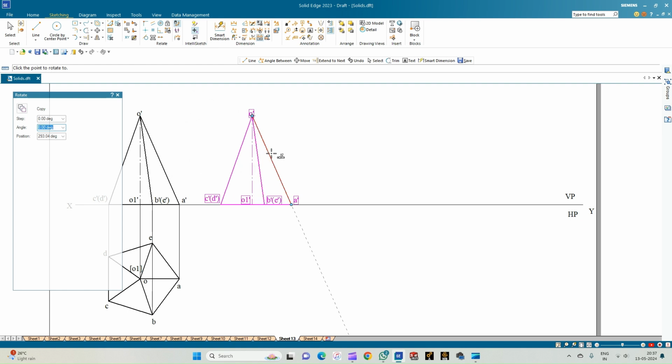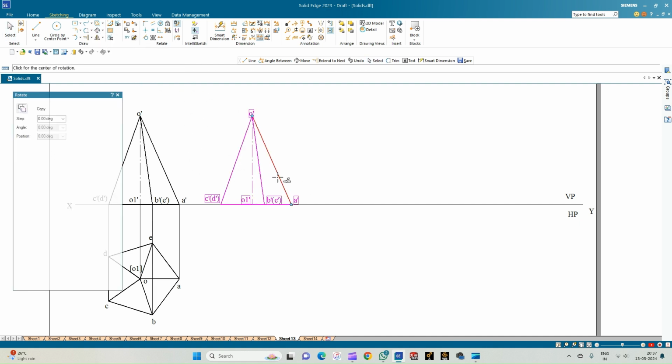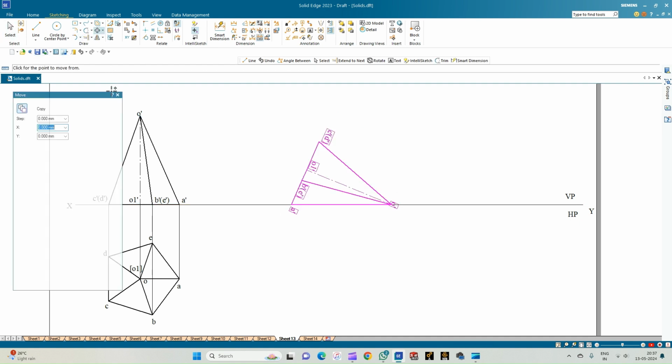So we have to ensure that it is resting on the HP. So for that we'll just reselect the points. So select the rotate option, select A dash as the first point and O dash as the second point, and then place this in such a way that it is resting on one of its slant edges. Use the move option, and then keeping A dash, just drag this